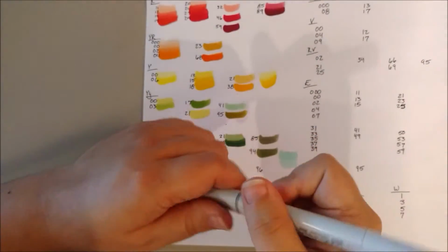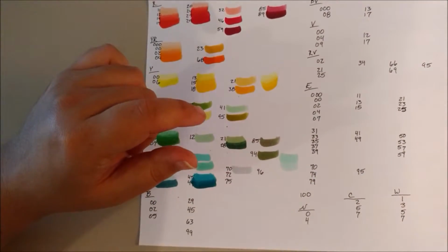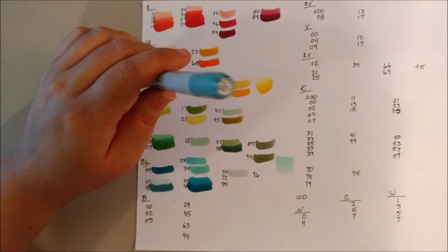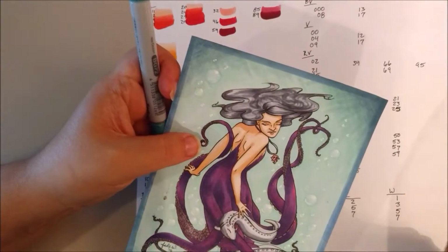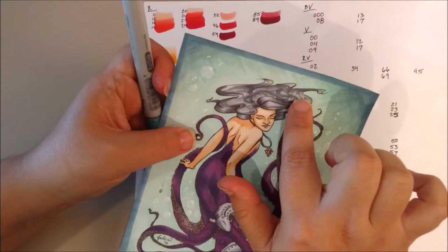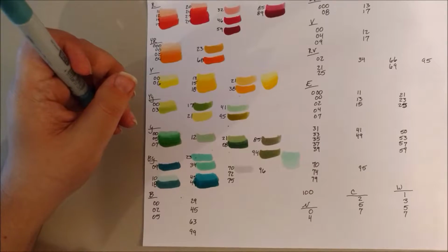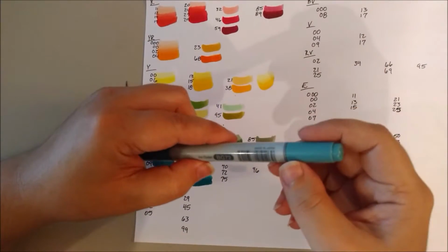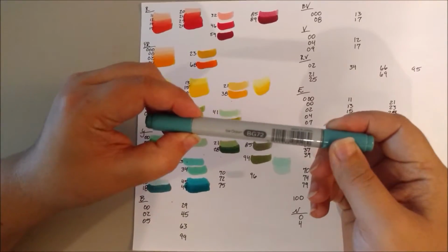BG70, Ocean Mist. It's obviously very pale. This is a really nice light color for adding an undertone to something. By which I mean, for instance, in this picture here, I didn't have a gray that was quite the color I wanted, and I want to say I used that BG70 or something similar in lightness to add a subtle blue-green undertone to a cool gray. That's why I really like having a variety of really light colors, because sometimes you don't have the exact color you want, but you can add the right undertone to your picture if you have the right light colors. BG72, Ice Ocean,